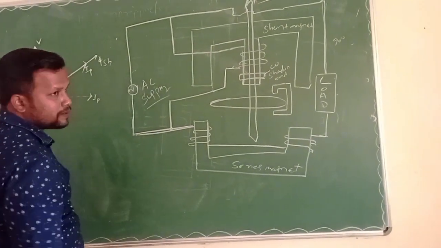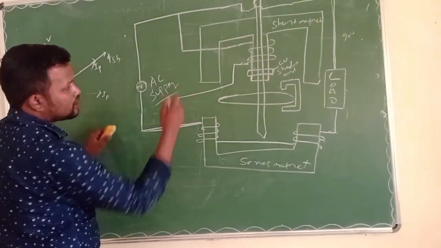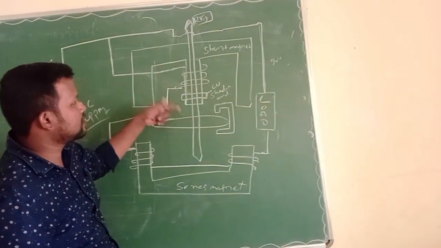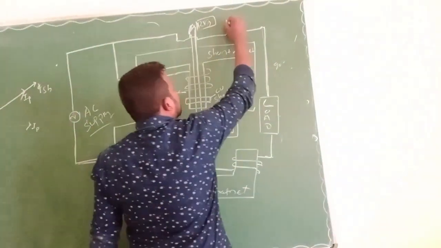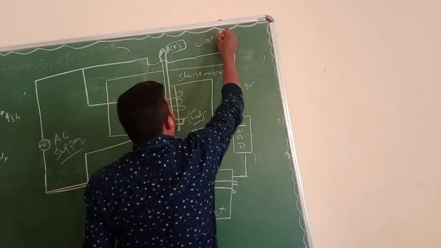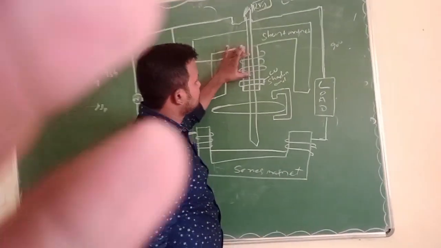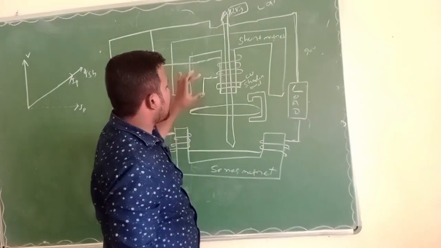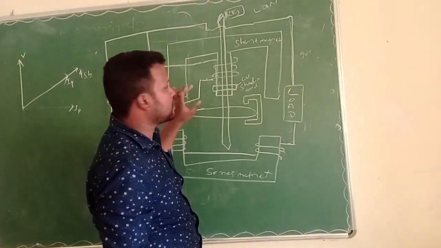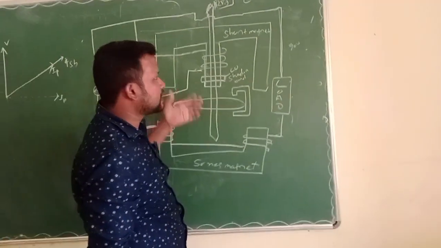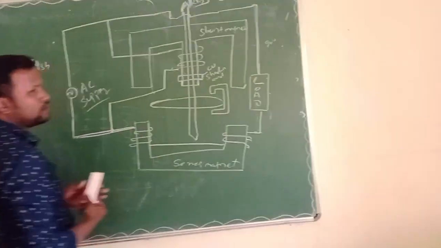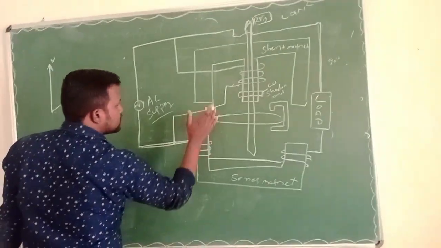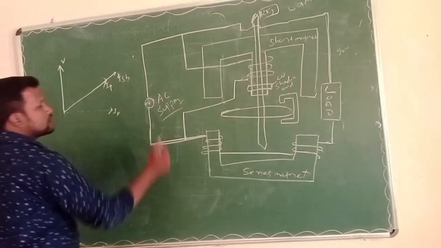It is highly resistive and low inductive. But in the case of the shunt magnet, it is more inductive and less resistive. Why? Inductance is proportional to N squared. If the number of turns increases, then the inductance also increases. And the copper shading band is also used to increase its inductance. So the series magnet is more resistive than the shunt magnet with its copper shading band.